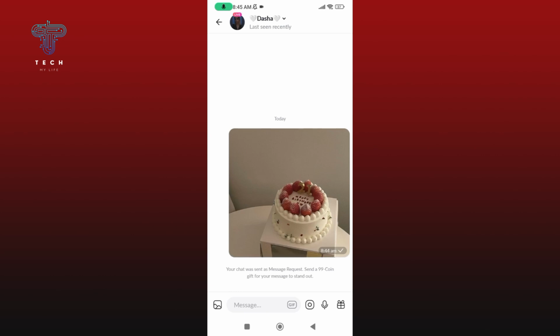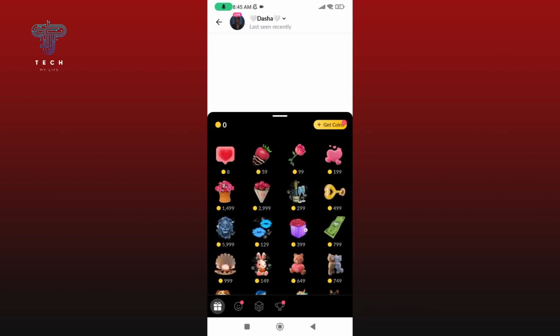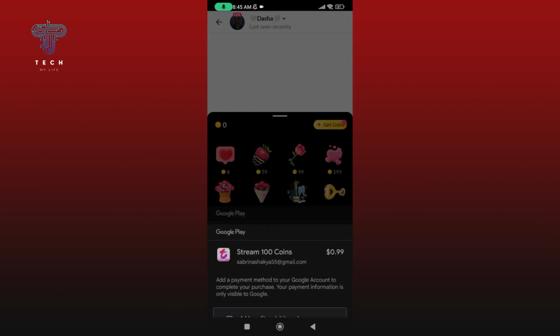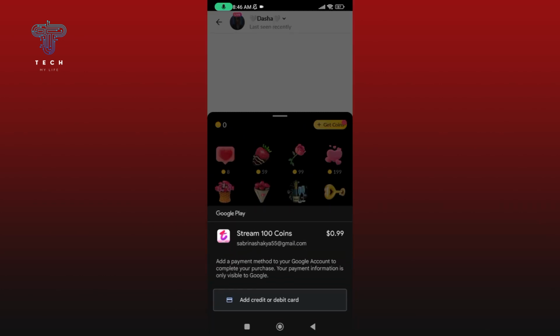To send gifts to someone in Tango, tap on the gift-like icon at the bottom right corner of your screen. Now select the gift. In order to send a gift to someone, you need to have coins. If you don't have enough coins to send a gift, clear the payment, and you'll be able to send a gift to